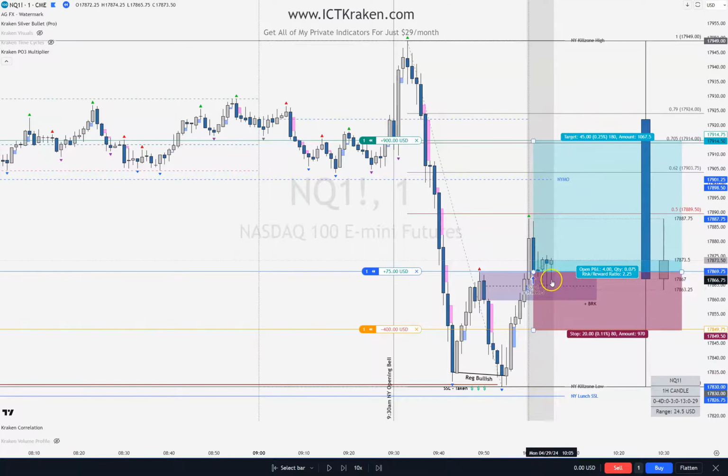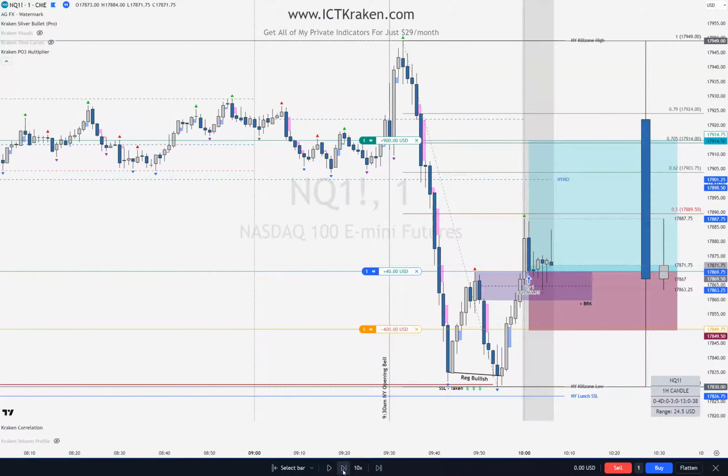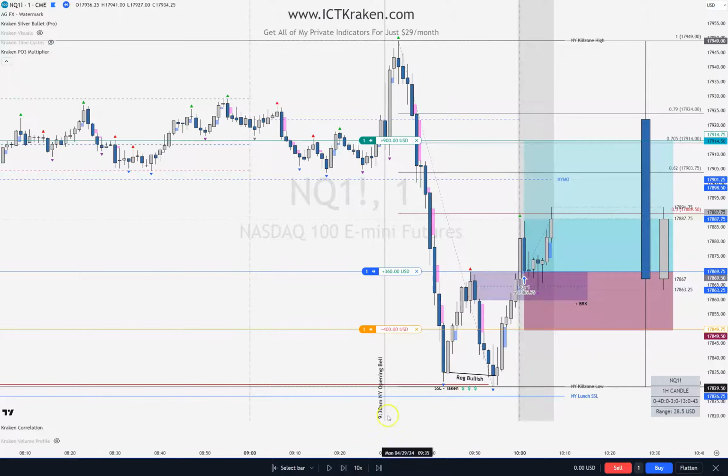See how the wicks are going into the breaker, but not any of the body is closing into it. It can go up to the midpoint there, but I don't want to go any more. So that's good. I'm liking that. We are getting some